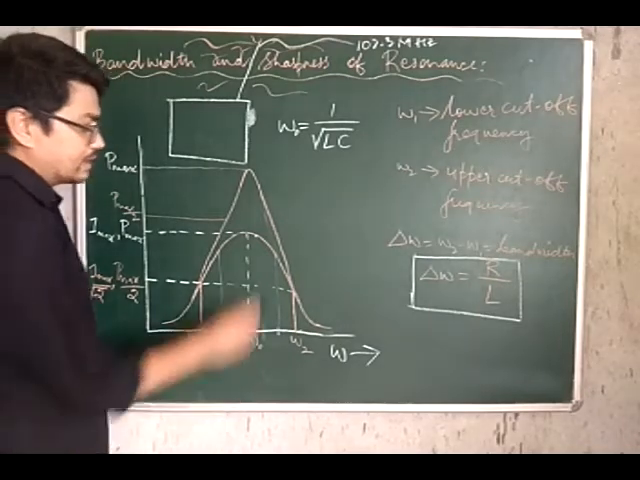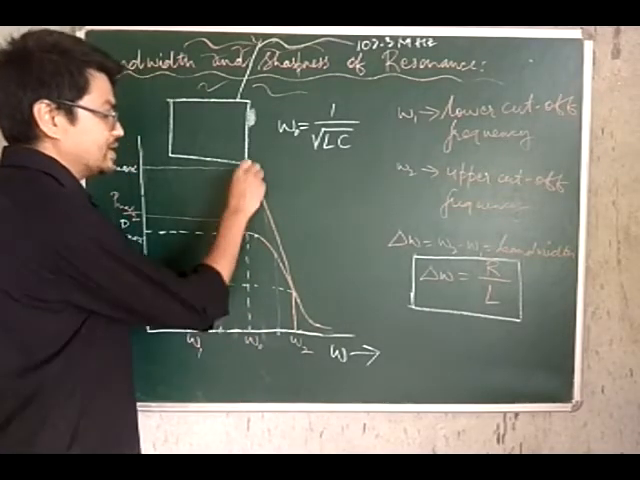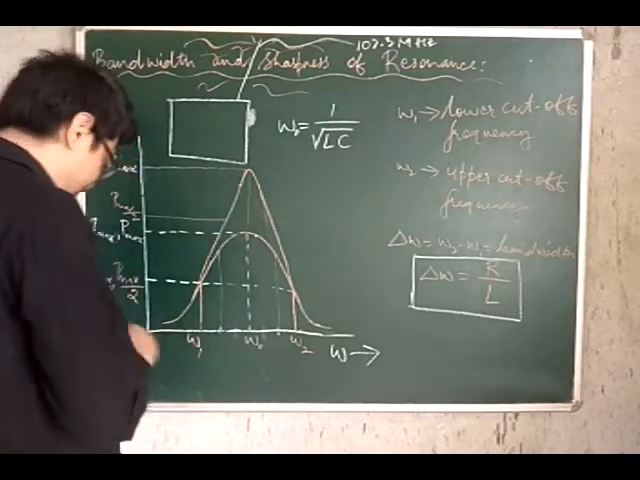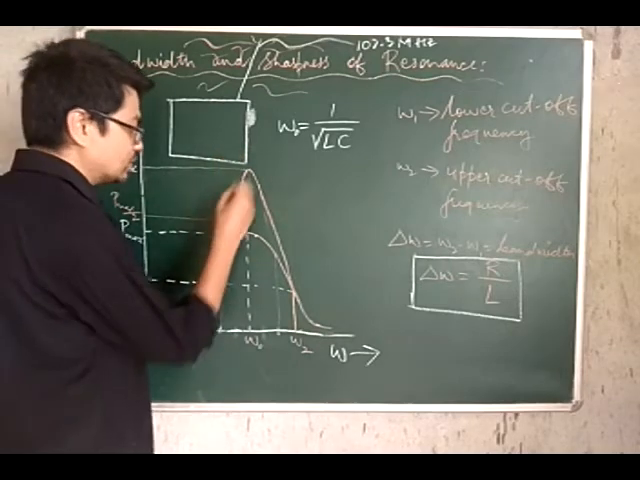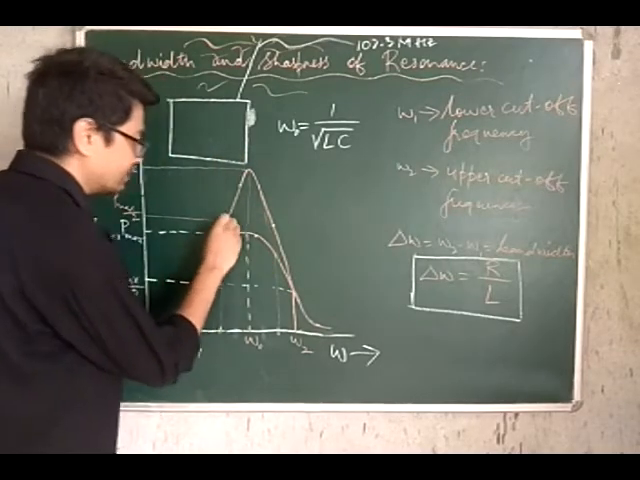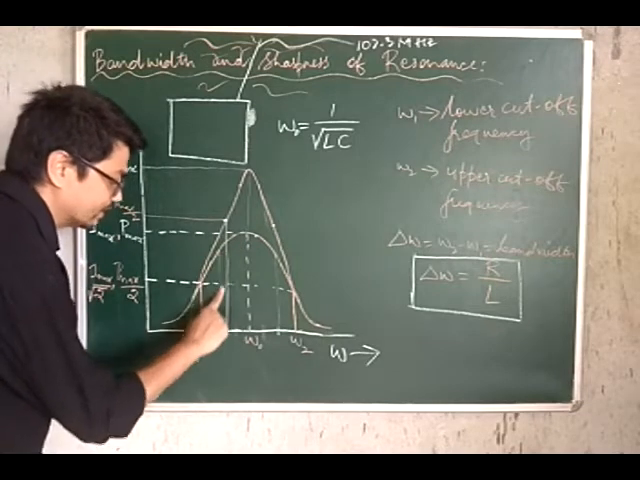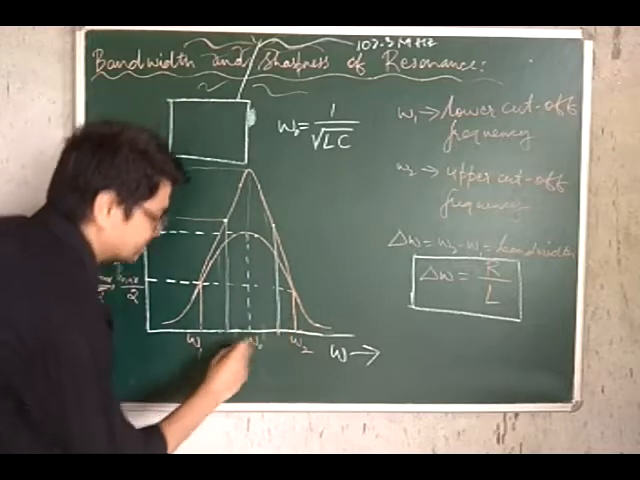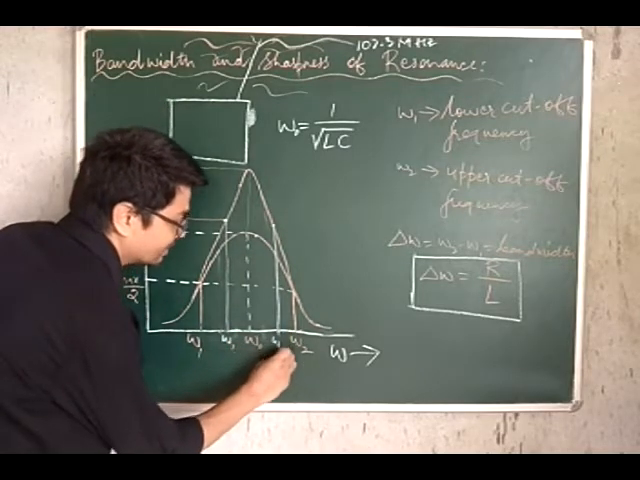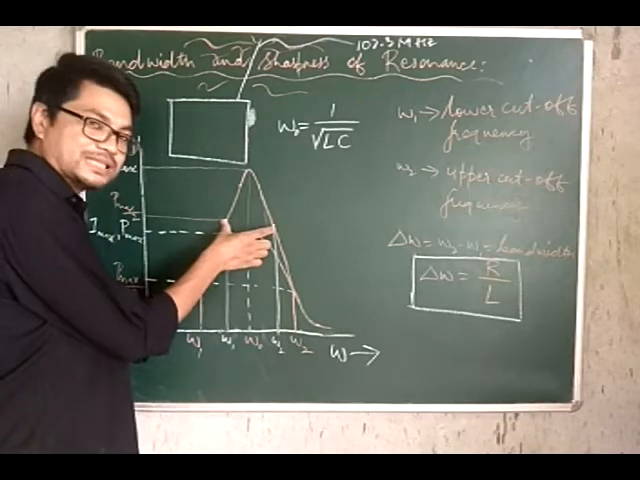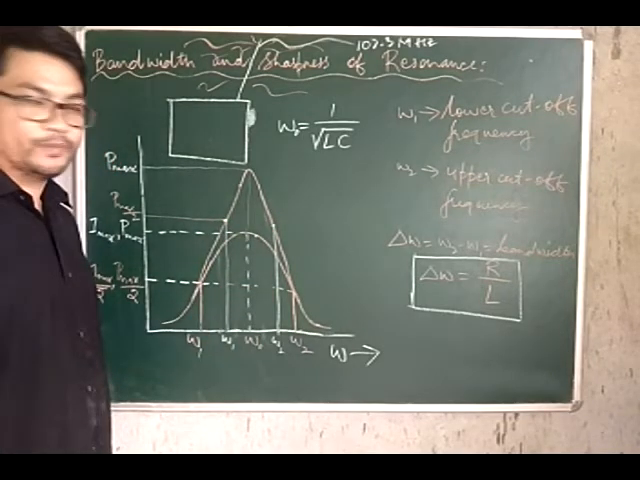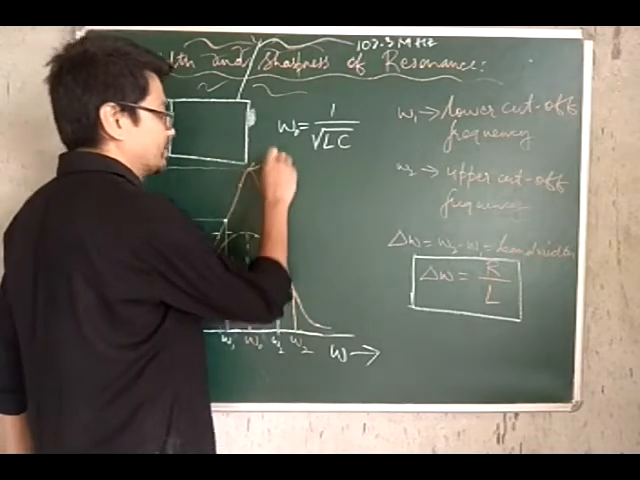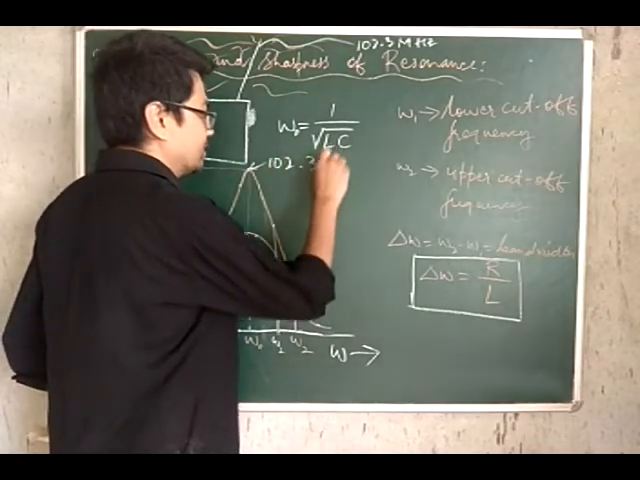Alright, so here is your resonating frequency, here is the resonance being produced. Now, if the bandwidth is reduced, you don't have much frequency. So omega 1 in that case will be over here, and your omega 2 is over here. So this is your omega 1 and this is your omega 2. So you don't have many frequencies lying between omega 1 and omega 2. If this omega naught is again your 102.3 megahertz,